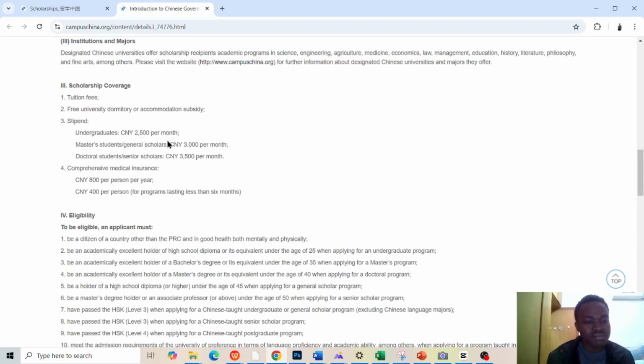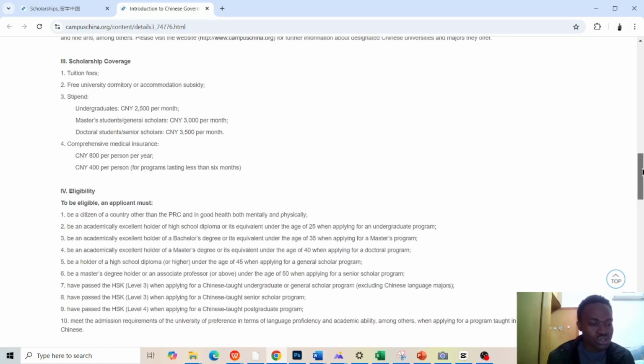They have masters, they give them 3,000 CNY, and they give doctoral students 3,500 per month. Comprehensive medical allowance, so you will not pay for your medical, and they will give you 800 per month, and 400 per person for programs lasting less than 6 months. So if you are here for more than 6 months, your program is maybe 4 years, 2 years, each year they will pay for you this 800 RMB.